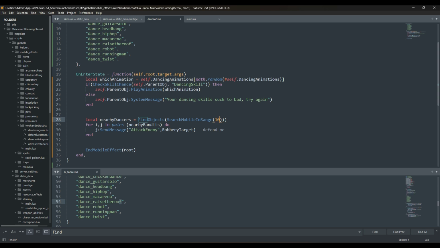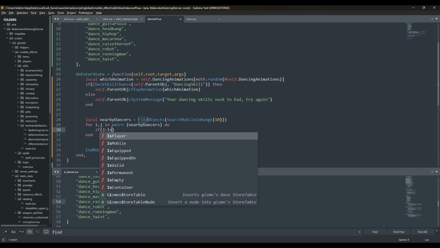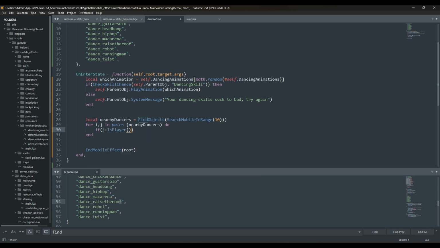And then we're going to leave this loop the same, except that we need to loop through the nearby dancers that we found. Okay? And then let's get rid of this J object here since we're not needing it. Now, if we find anything that's nearby, we need to check here if it's a player. So if J is player, don't forget your colon here between the J and is player,